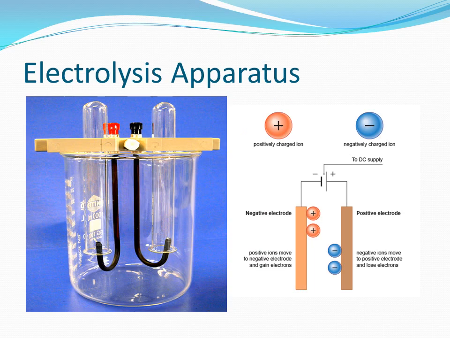I was talking about apparatus. What do you mean by apparatus? So this is an apparatus. Here it is a glass vessel, like a beaker, and here two electrodes are placed, the red one and the black one, and a test tube like structure is placed here. The solution separates the elements or the atoms.